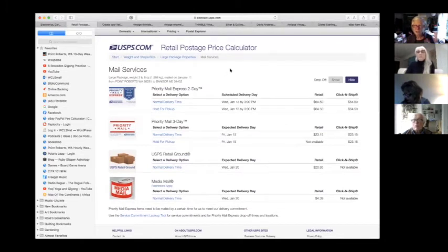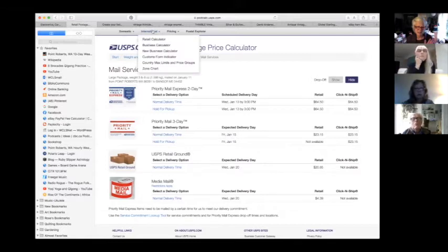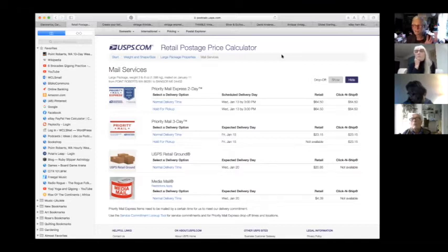I don't choose to send international, but let me see if we can find it. Retail calculator, customs forms. Someplace up here on USPS.com, they show you how to pack. I had to ship some crystal and china to Switzerland, so I went into the USPS and there was a way that showed you how to pack things for no